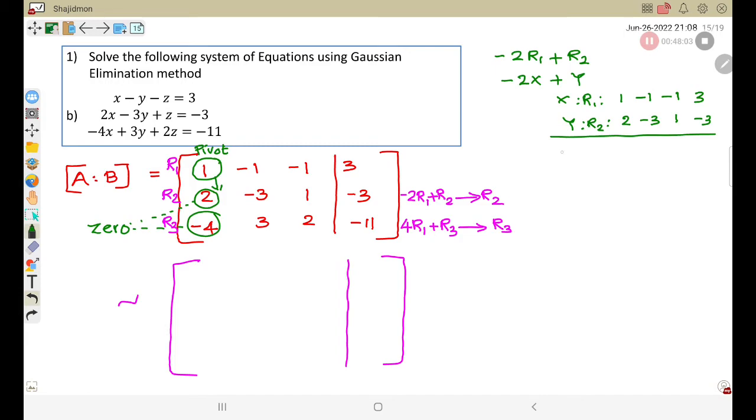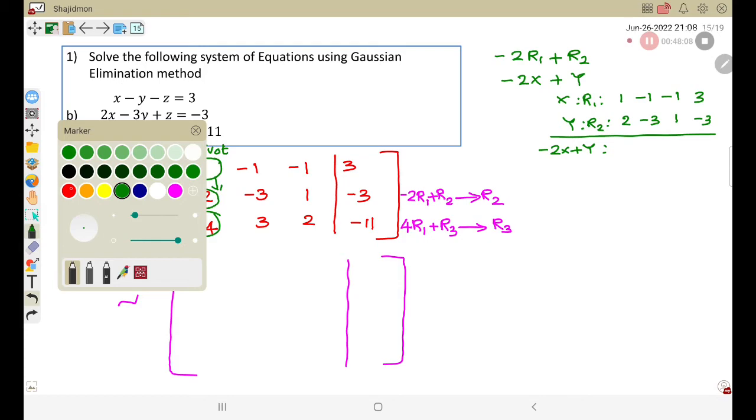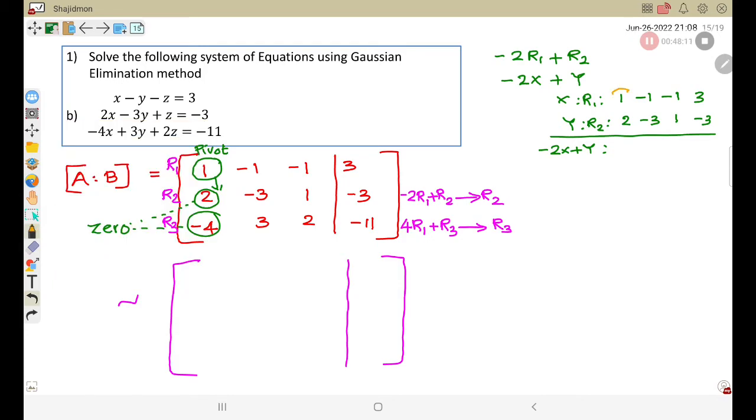After that we need to do the operation minus 2x plus y. So you need to use the calc button for that. Calc 1, calc 2, calc 1 and 2, correct? So calc 1 and 2 you will get 0. Then calc minus 1 and minus 3 you will get the number minus 1. Calc minus 1 and 1 you will get the number 3. Calc 3 and minus 3 you will get minus 9, like this. Okay,